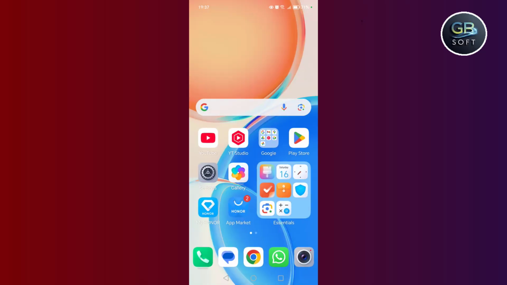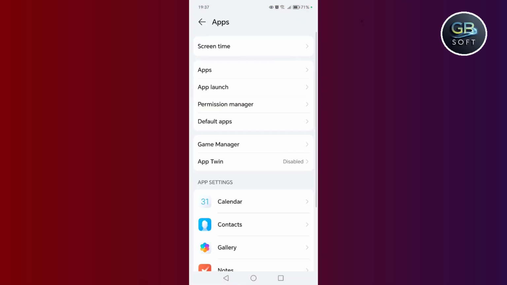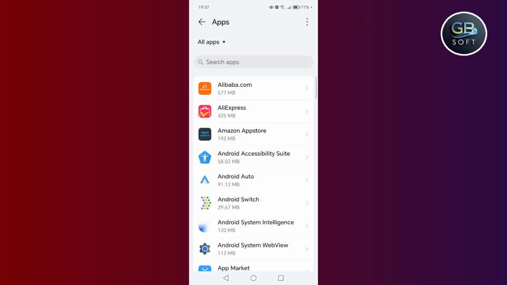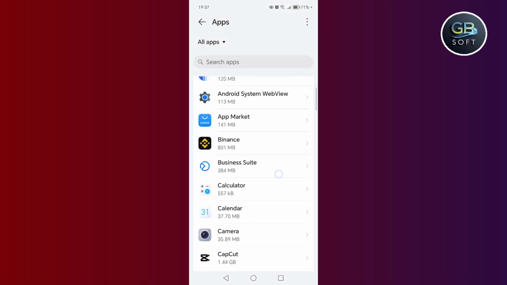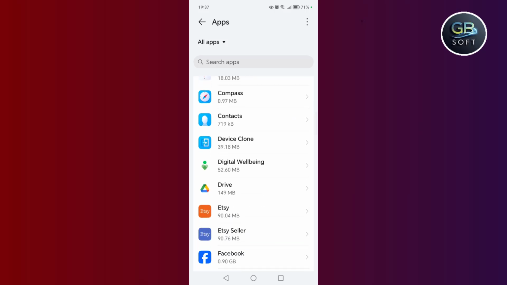The first step, my friend, is to go to the settings. Then go to the applications. Then go to the applications again. After that, you search for the calling application among the applications you have here or write in the application search